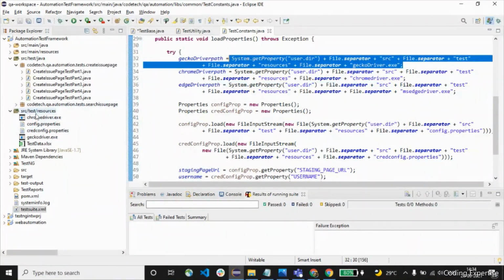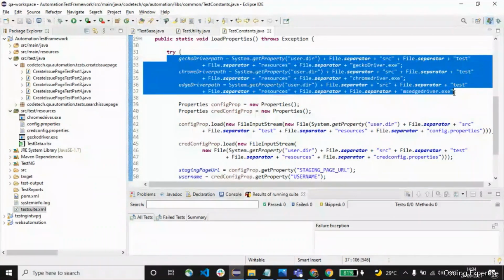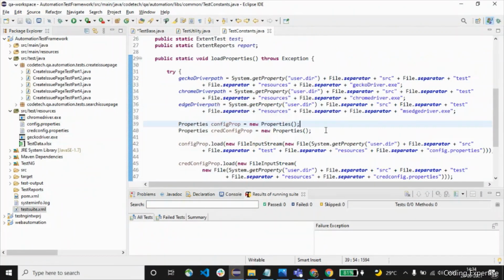Let me show you. In the left pane, you can see src/test/resources. This gets the actual parent path, and then you can navigate via File.separator, /src/test/resources/gcode driver. Likewise, you can define for other drivers as well. You can see here we have used Properties.